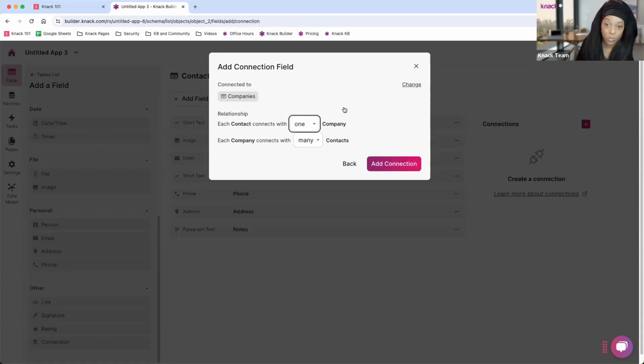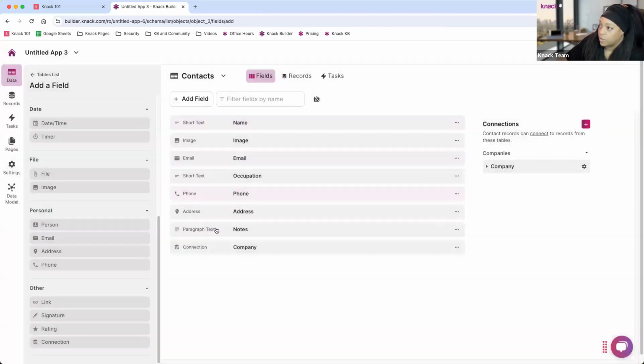So if you're going to be always editing your contact table and you're going to be adding them to different companies, then you'll want to set that many-to-many up in that table. So anyhow, one-to-many though, 99 percent of the time, I like to say, that's all you need. So I'm going to add this connection to my contact table, and this is going to allow me to tie